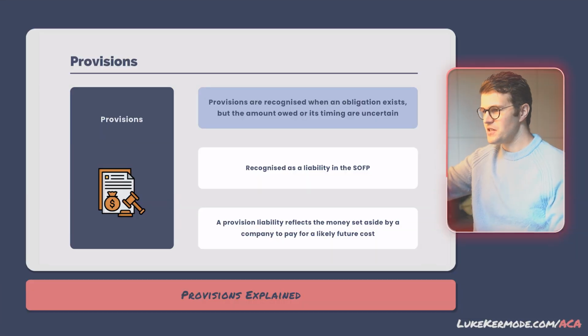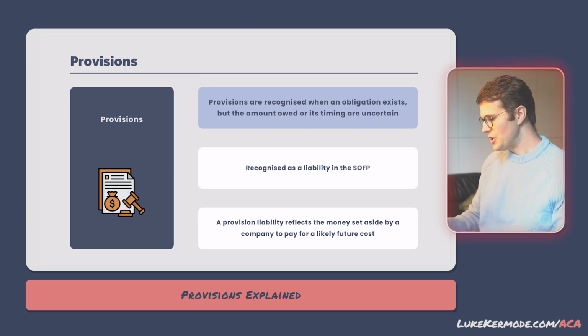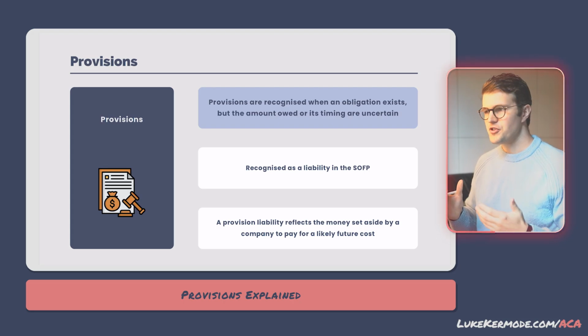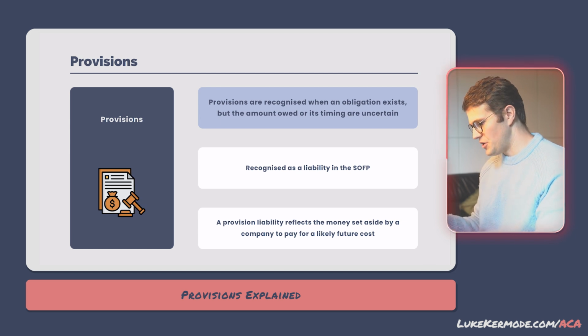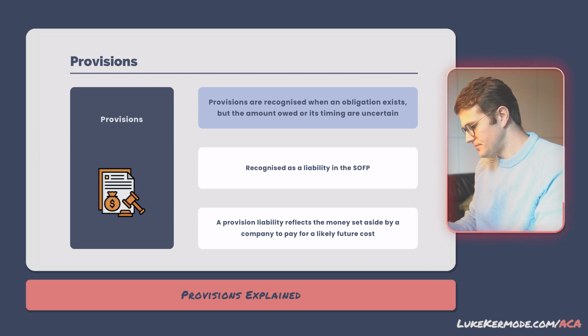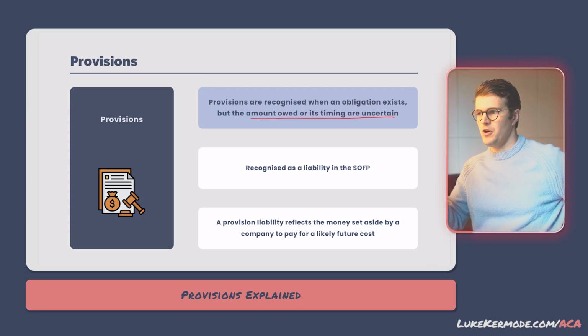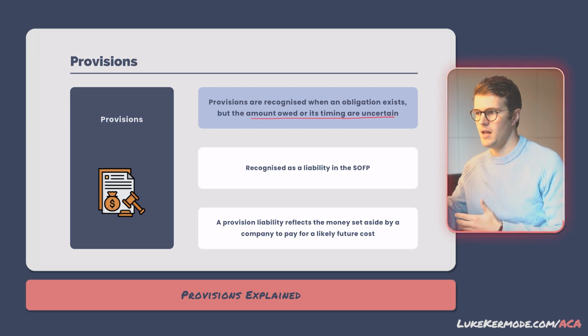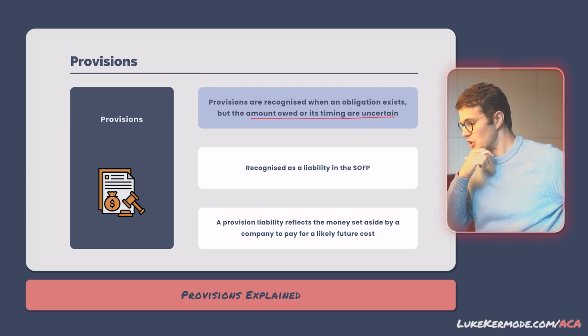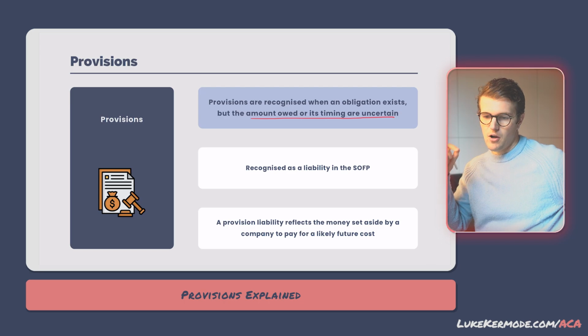Okay, so a provision is a type of liability which is recognised when a company has an obligation, but where they aren't certain as to how much it owes or when the payment to satisfy that obligation needs to be made. So in essence, a provision represents money set aside by a company to cover a likely future cost, for example, a legal claim, a product warranty, or a restructuring cost, even though the full details of that future cost aren't yet